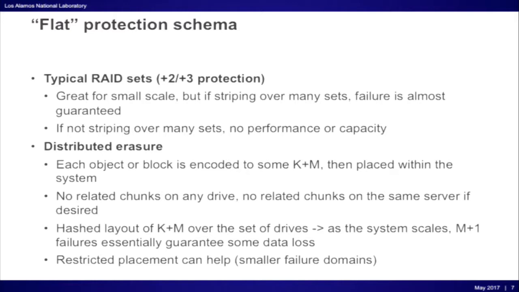And you can combat this a little bit. With my 20+4 example, you don't really put 20+4 and then place it across 30,000 drives. That's a good way to lose some data. But what you can do is chop it up and put it into smaller domains, but then you're losing some of the benefit of those placement algorithms in that you can spread your load over the entire system. Instead, you're spreading your load over some small set of it, potentially.